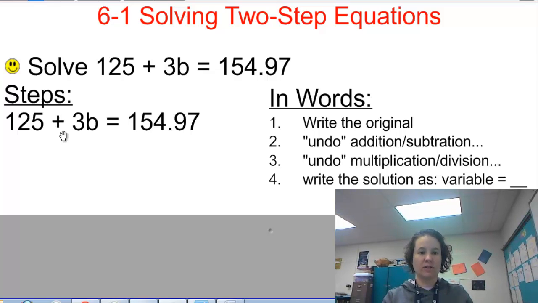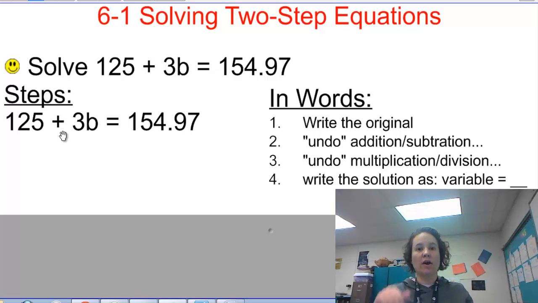word problems together. So if I see the equation 125 plus 3b equals 154.97, I want to go through 4 steps to solve this equation. First, you need to copy down the original equation. Then I do follow order of operations when I'm solving two-step equations or any type of